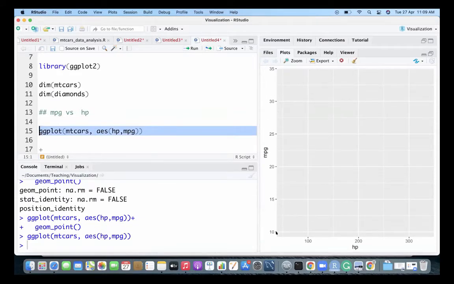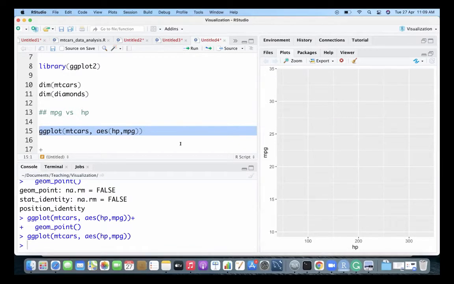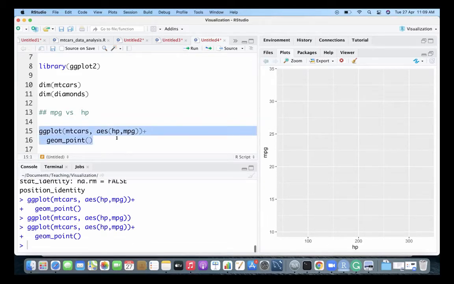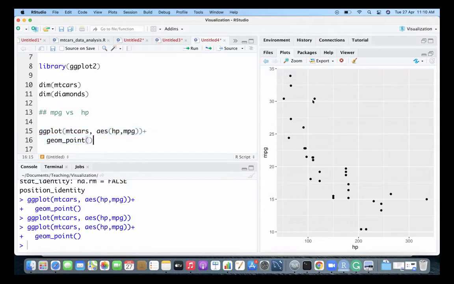You can see it's saying that, okay, on x-axis you put the horsepower, and the y-axis you put the miles per gallon, and then it will not do anything else. Then what you have to do, you have to say that, okay, use geom_point, then it will put the points. Actually, it will take the values and it will put the points.